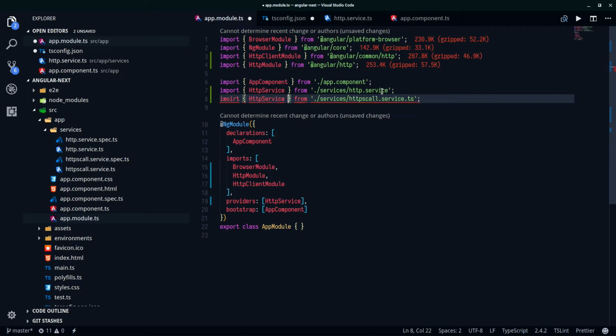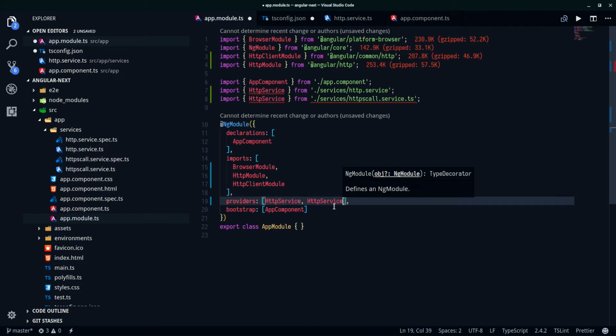There you go. So now I imported the service itself. Why is it highlighting? Oh, I messed up the import. So now all I need to do is put it in my providers. Now what that means in Angular is that any, oops, I messed up again.